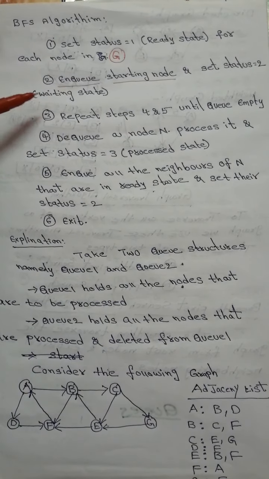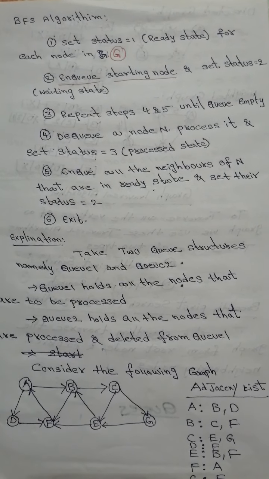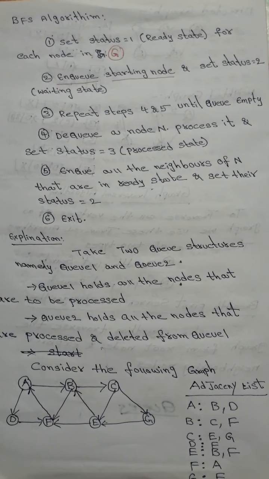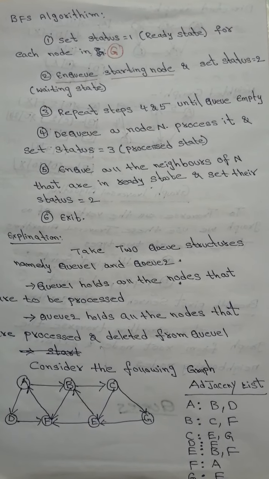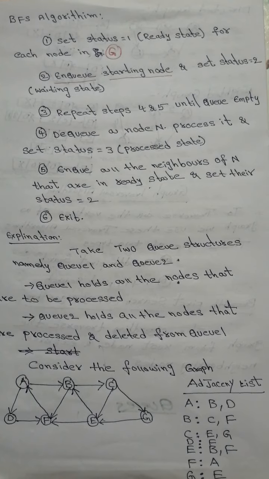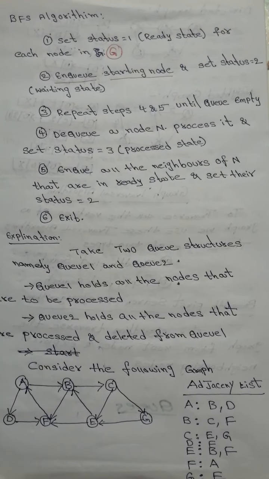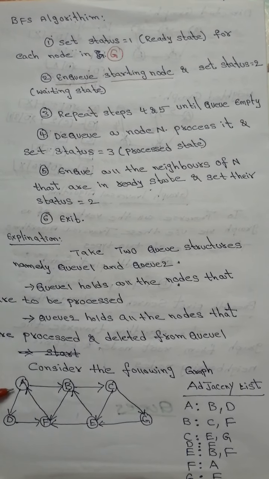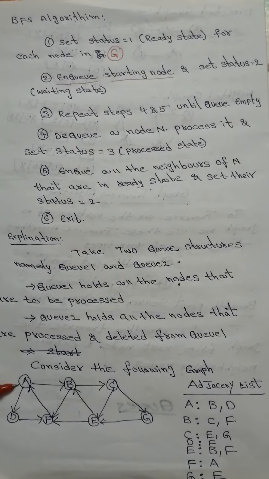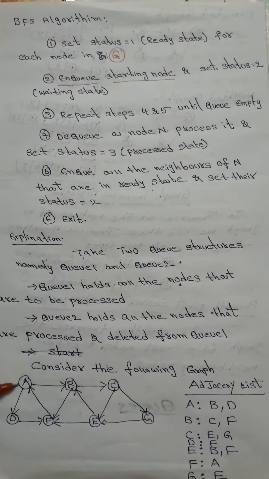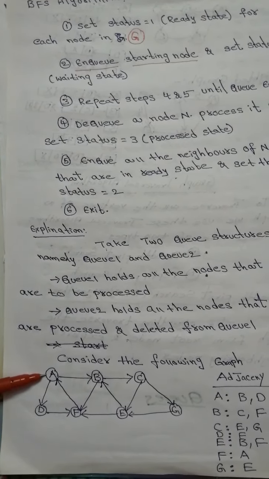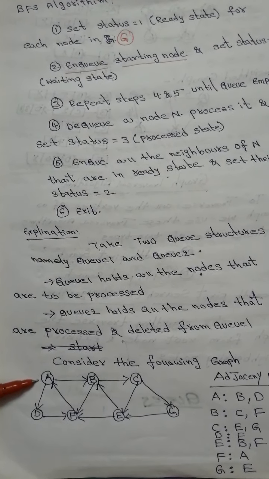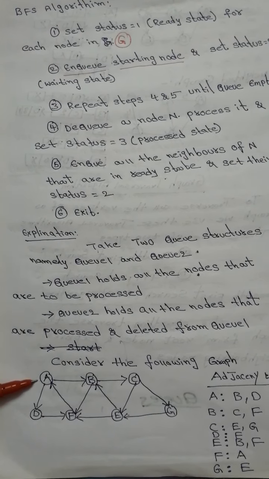Now what we need to do is move the adjacent nodes into the queue. When we move the adjacent nodes, there is no need of the visited node, so delete that visited node and then move the adjacent nodes. Remember, listen carefully. First make all the nodes ready state. Suppose consider the following example. I need to traverse from A to E. So now I am taking the starting node as A. Now moving it into Q. It is in ready state. Moving it into Q makes it waiting state.